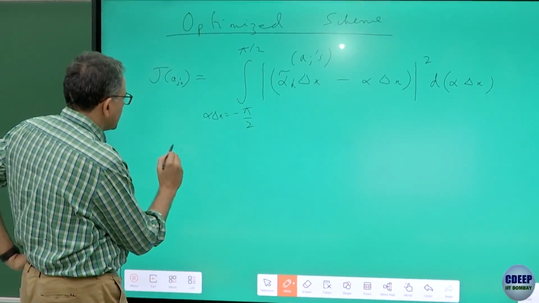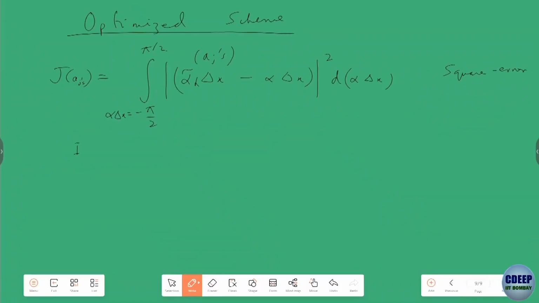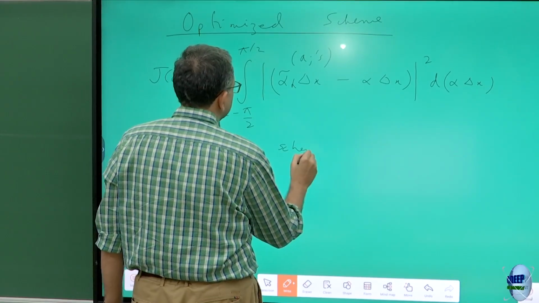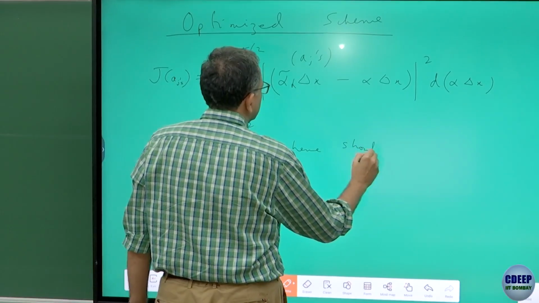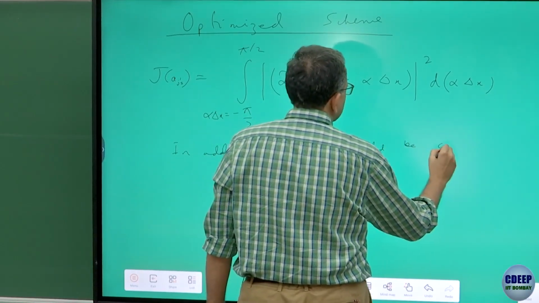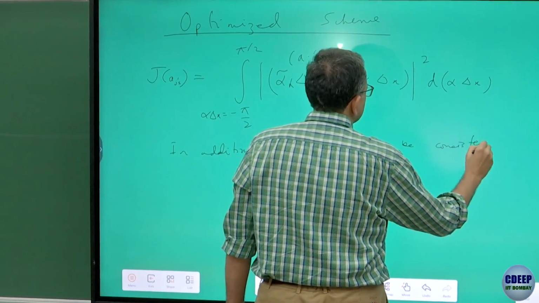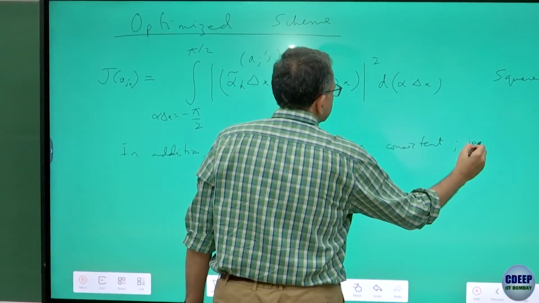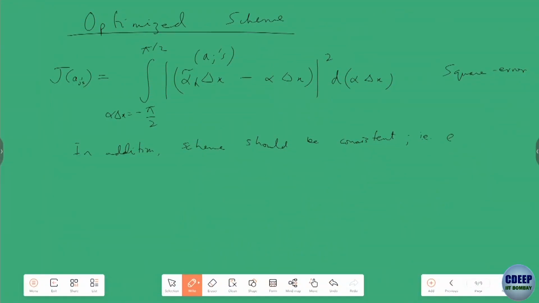So in addition, the scheme should be consistent, that is, the error should decrease with delta x. So we saw that the